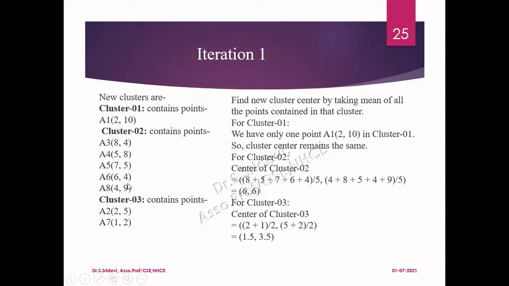be changing. So what we have to do is recompute the centroids of the clusters again. So you update the centroids again. So how to calculate the centroid? You consider cluster 1. In cluster 1, we have only 1 point, A1. Therefore, there is no change in the centroid. Since we have only 1 point, whatever was the previous value, the same we will have. So the centroid of this cluster remains the same, that is nothing but 2, 10.